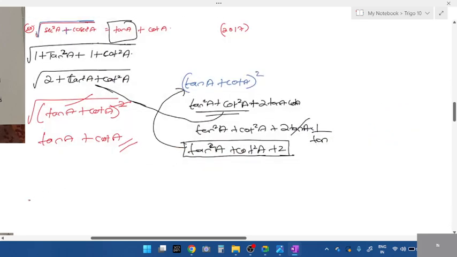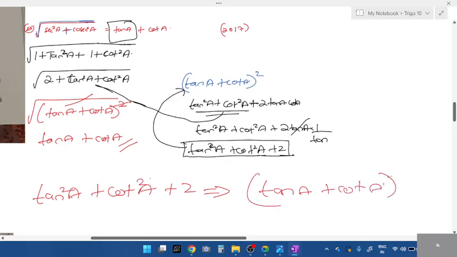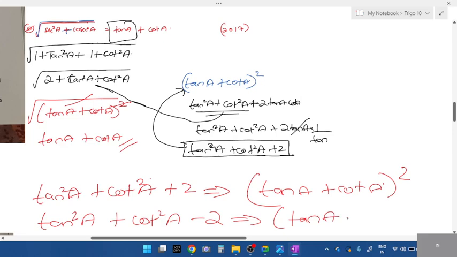Look here. Whenever we have tan square a plus cot square a plus 2, what is the value for this? What's the answer, students? You can write it as tan a plus cot a the whole square, if plus 2 is given. If minus 2 is given,